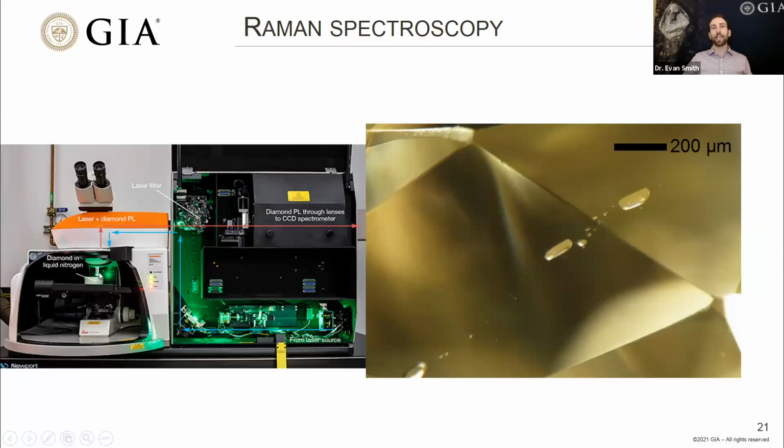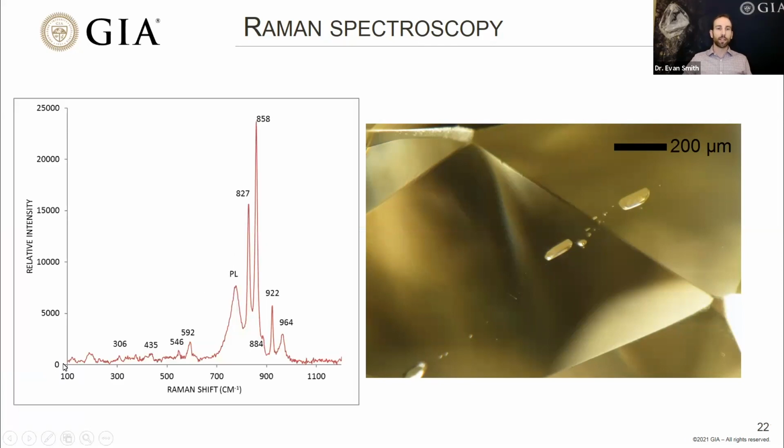What we're interested in is the light that comes back, that bounces off of this inclusion. That light will pass into this region here where there's a diffraction grating, and that light will be split out into its spectrum. We're interested in seeing light that has been shifted from the original green color of the laser. And this will give us a spectrum. The spectrum corresponds to things that are vibrating in this inclusion. So the Raman spectrum that we see for this material looks like this.